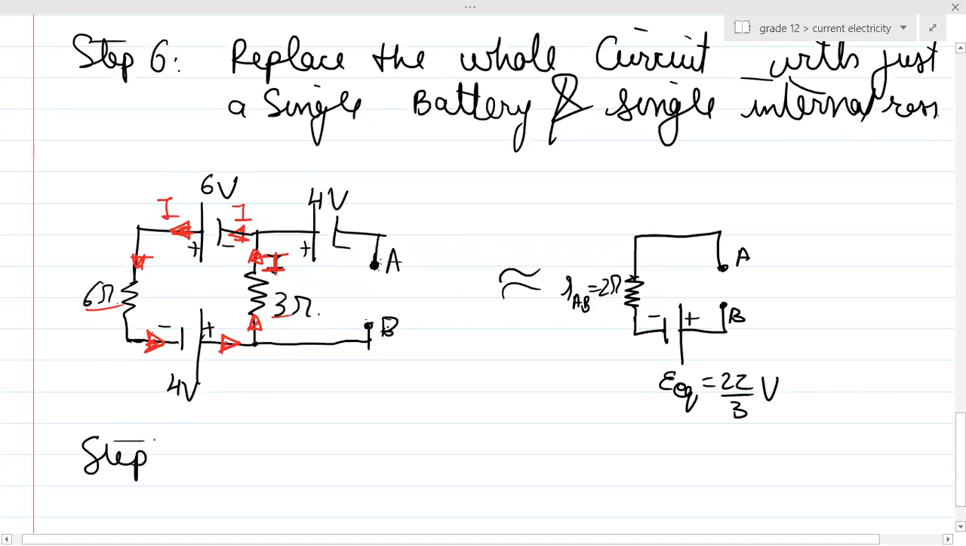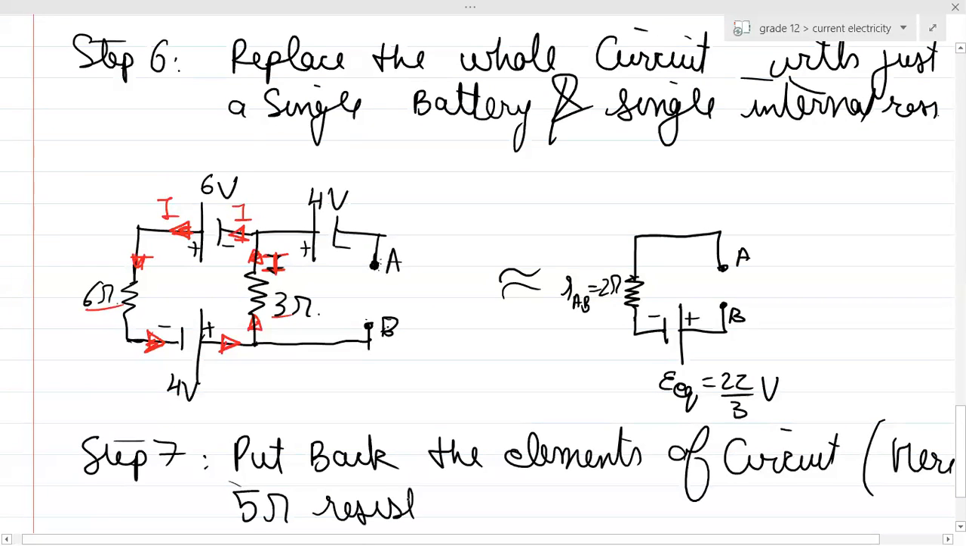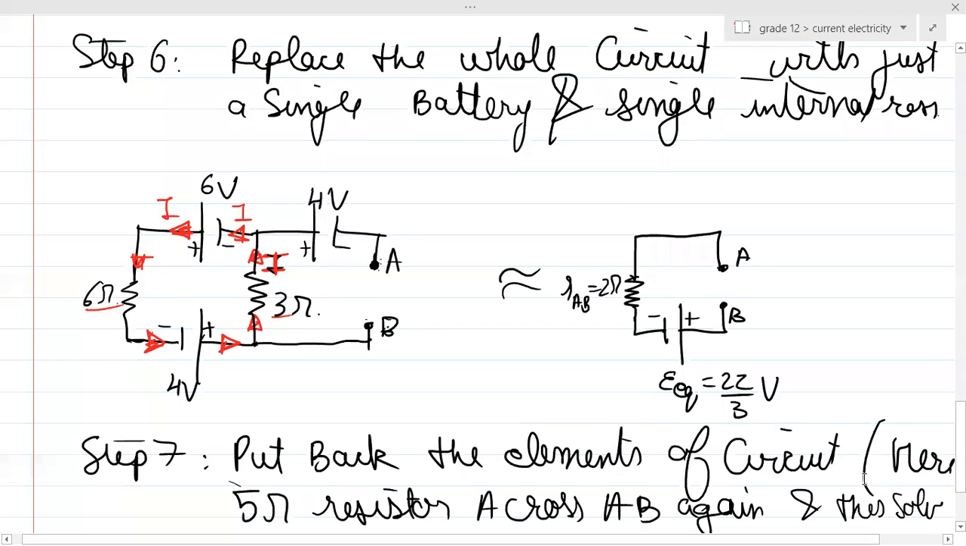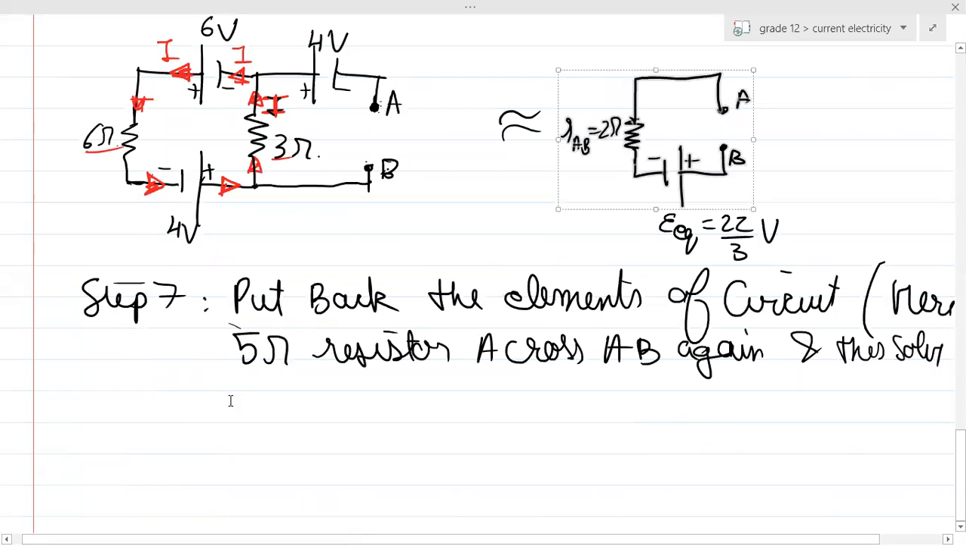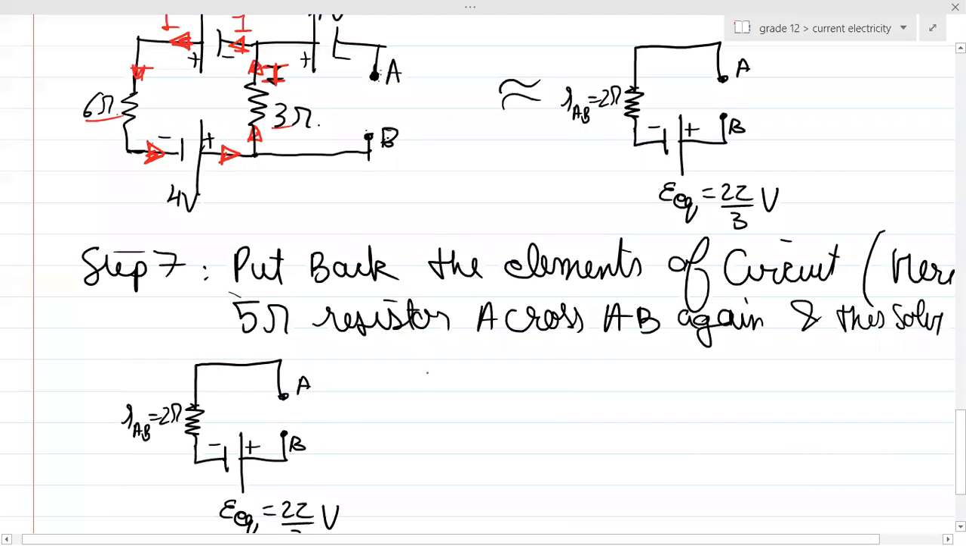Now step 7 is to put back the elements of the circuit. In this question, it is the 5 ohm resistor across AB again. And then solve. So basically what will you do? Across this thing, you just put back